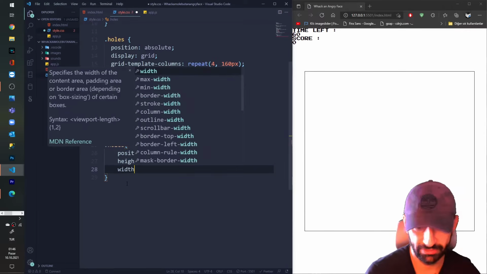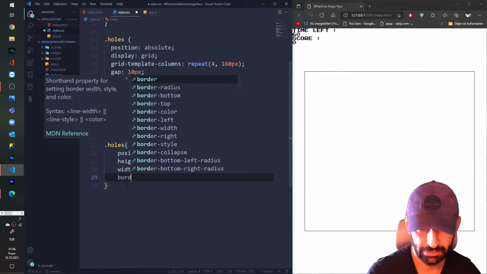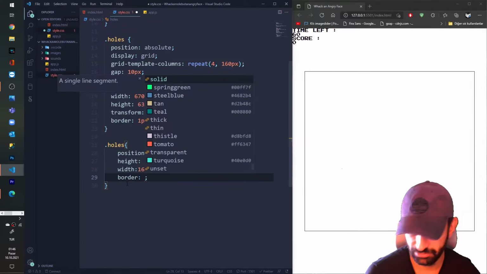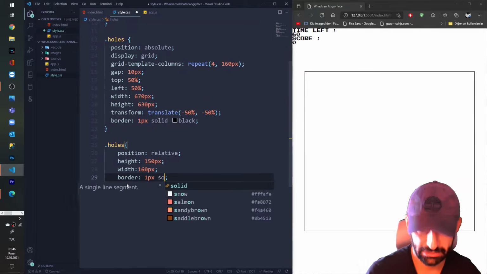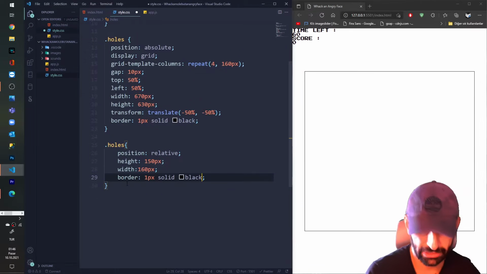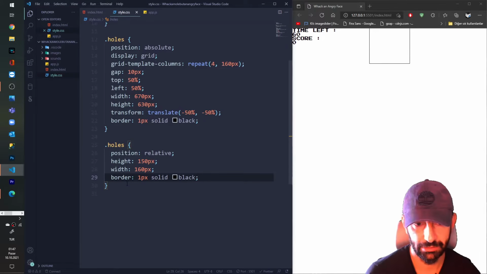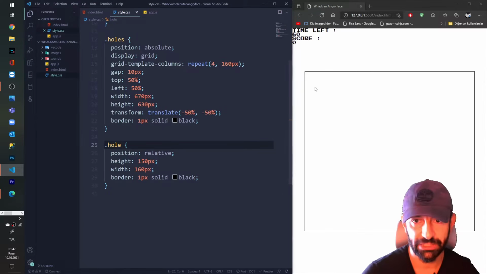I give also a width to my whole section, and I say border of 1 pixel solid black. Okay, great. Oops, not holes again. It will be hole without the S. Now we cannot see anything.